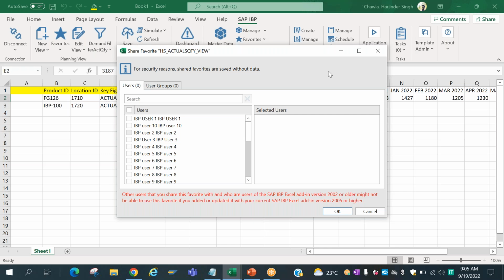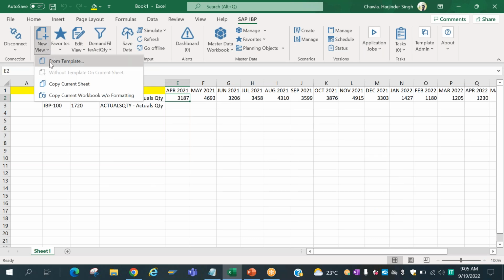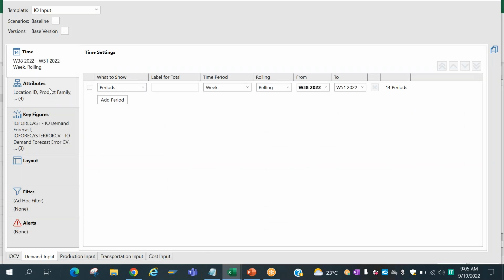One question: can we add pictures, headers and footers in this Excel report and make it a global template? You mean the logo and all? Yes. If we have a dedicated template which we have already designed, we can definitely use that. For example, this view, we can just see it from the template. We can have one dedicated template, design it that way and put it in.